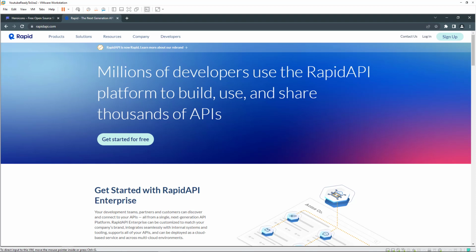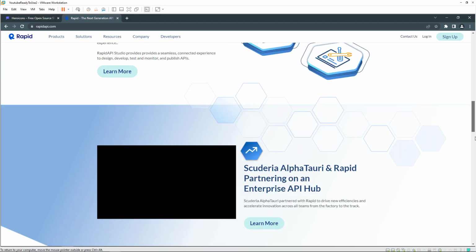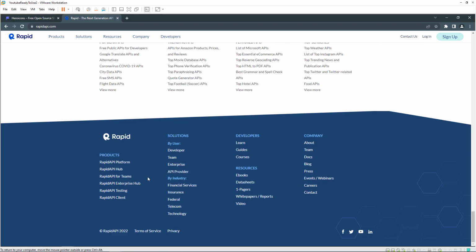So number 23 on the list is rapidapi.com. Millions of developers use the Rapid API platform to build, use, and share thousands of APIs. You can get started for free. And if we scroll to the bottom of the page, here you can see